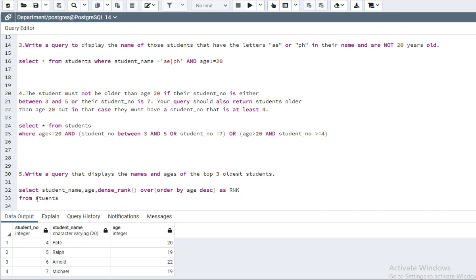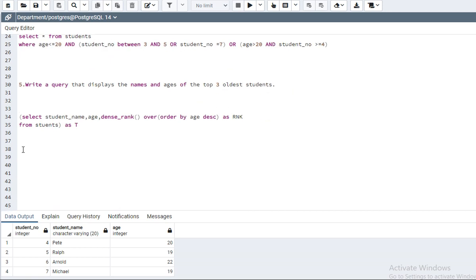Here I will use a subquery. Now I will make a table of this whole process and assign the name T to this table. Now I will select star from this table where rank, so the ages of the top 3 oldest students.